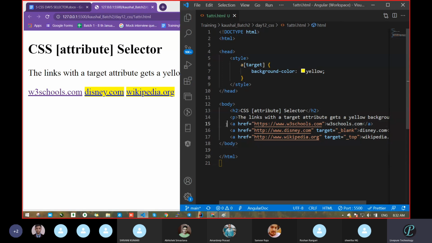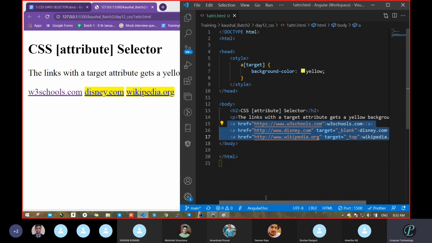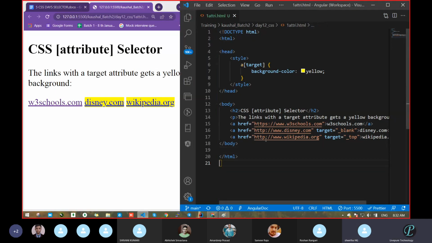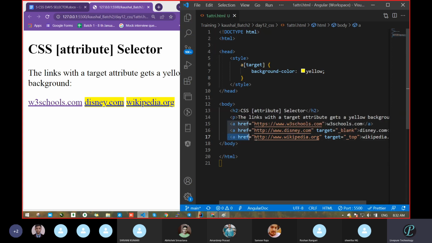Yeah. So what is done here? See our code. Anchor tags are taken, 3 anchor tags. And in all anchor tags, the attribute. What is the attribute? Href, sir. Href is attribute. Yes, fine. So we pass that style by referring to this href. Previously, how were we referring? We were referring to the anchor tag. If we want to make any changes, we can refer to that. Then we added pseudo class also here. Correct? Now we are targeting inside that area.